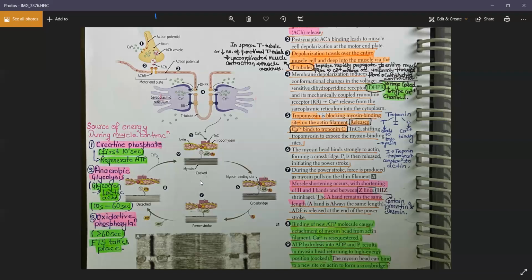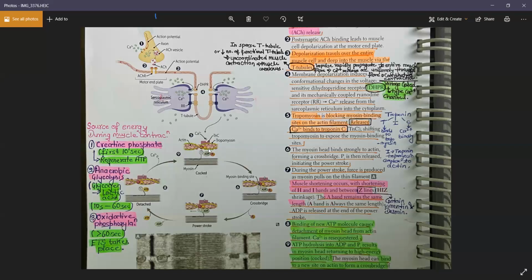The duration of my contraction depends upon for how long the calcium is available in the cytoplasm. If the calcium is available for a longer duration, then for a longer duration my troponin will not be available, and that means these active sites are exposed. As long as I have the calcium in the cytoplasm, these active sites are exposed and I can have a contraction. So the duration of contraction depends upon the calcium levels, but the frequency of the contraction is dependent